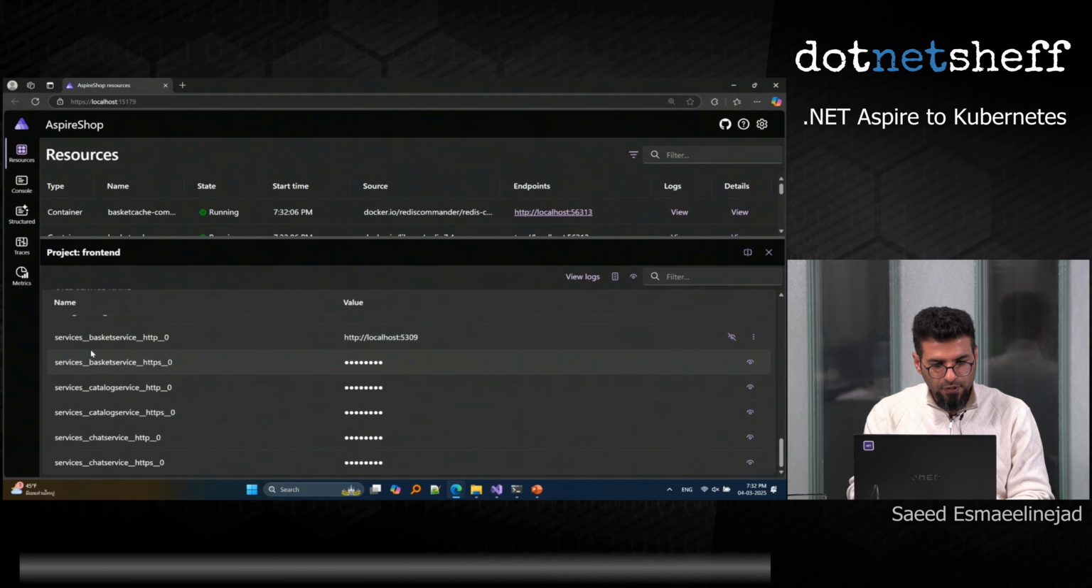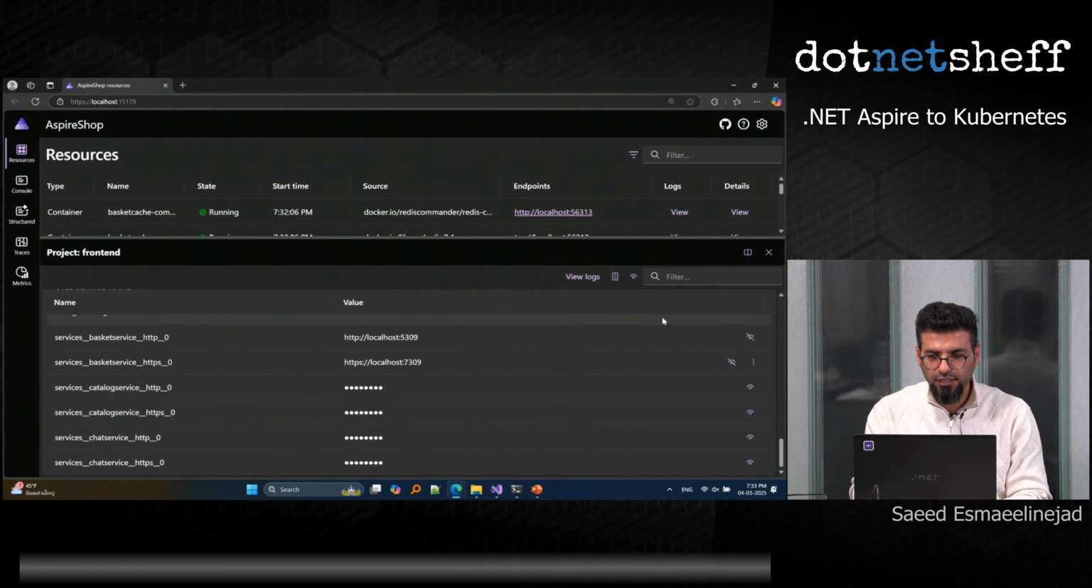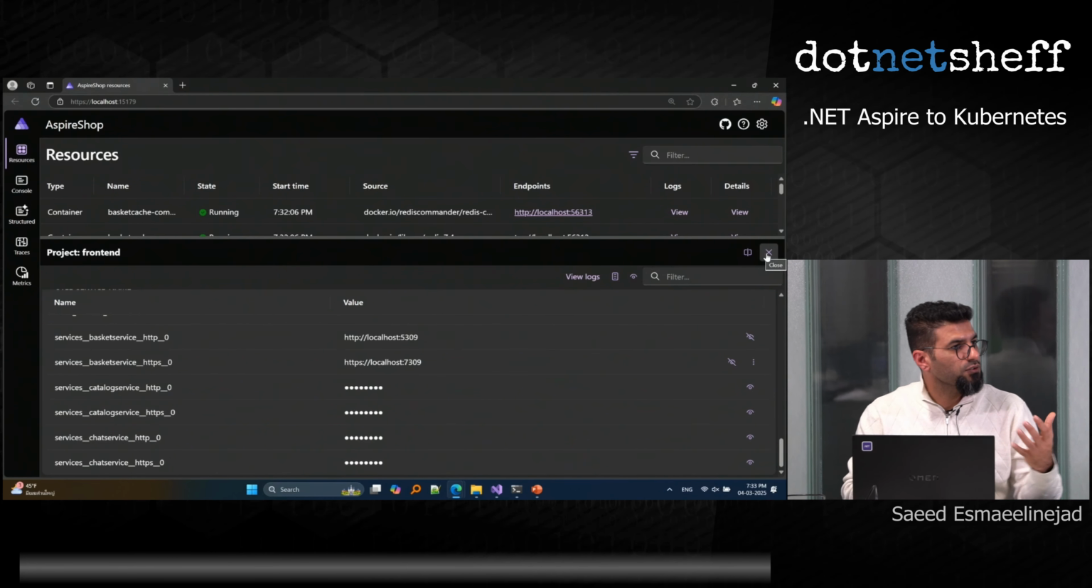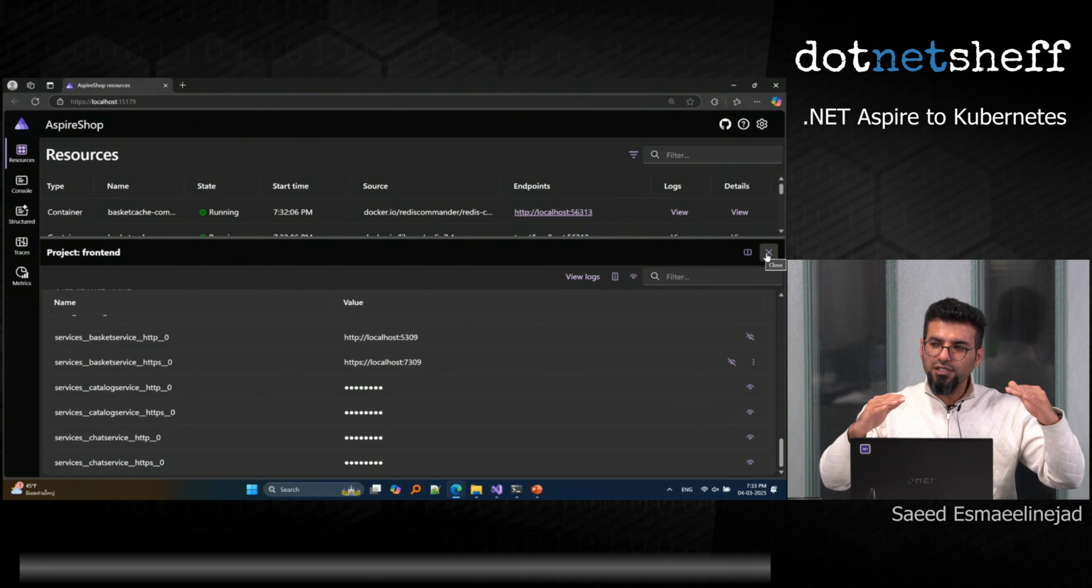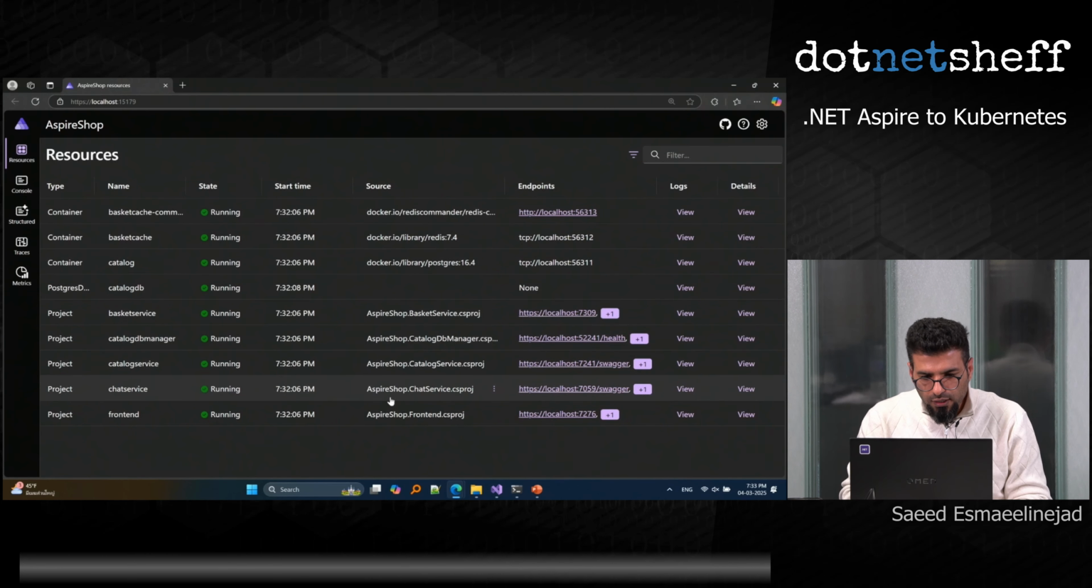Like you can see, for the basket, it's using this kind of thing. Again, for the services, one is for HTTP, another one HTTPS, chat services, catalog. Yeah, there is no magic. It's just injecting some environment variables and then start using them. Okay,